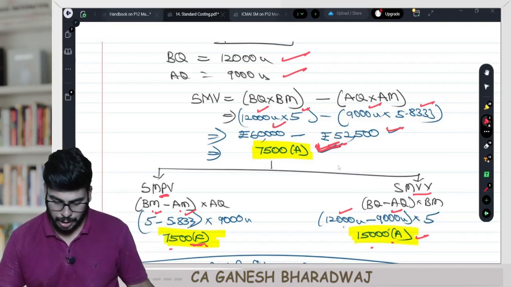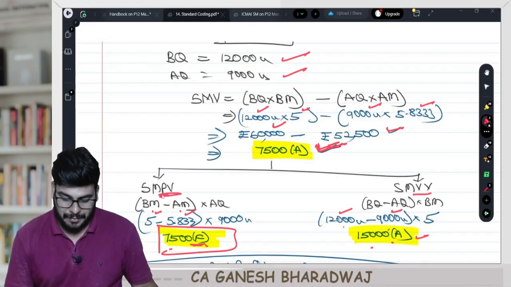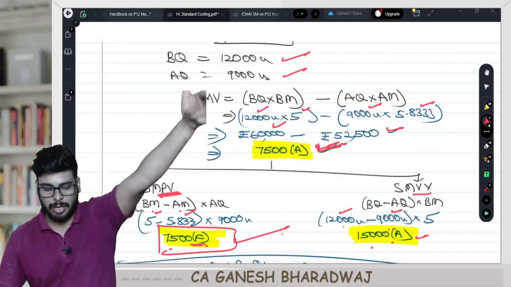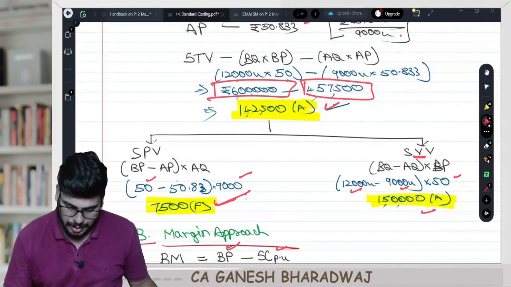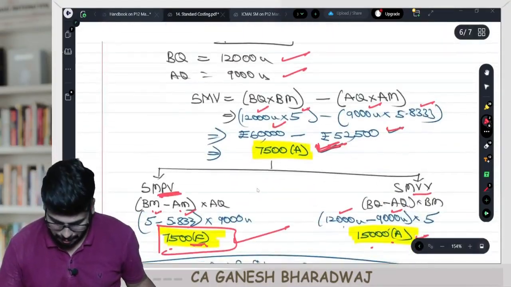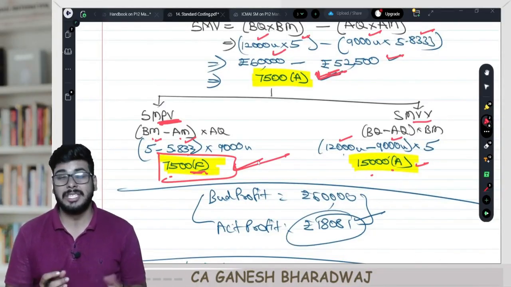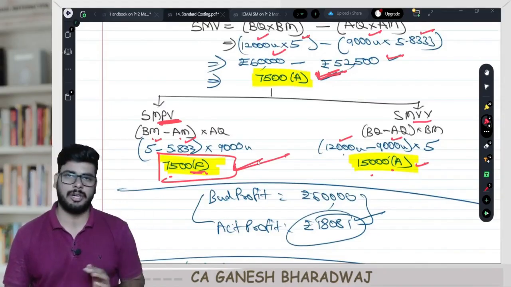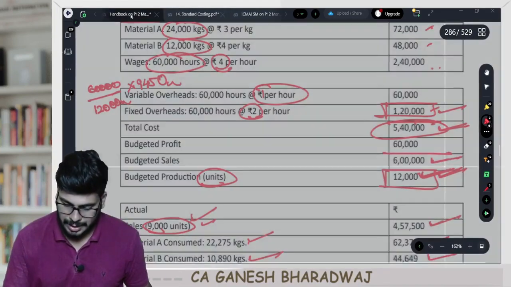And one more thing I wanted to tell you, if you note, the price variance will be the same whether you calculate it under the total approach or under the margin approach. Under total approach, what is the sale price variance? 7,500. Here under the margin approach, how much was it? It is 7,500. Clear with this, guys? So the price variance alone will be the same whether it's computed under the total approach or under the margin approach. Clear with this, guys? Right? So that is about this entire